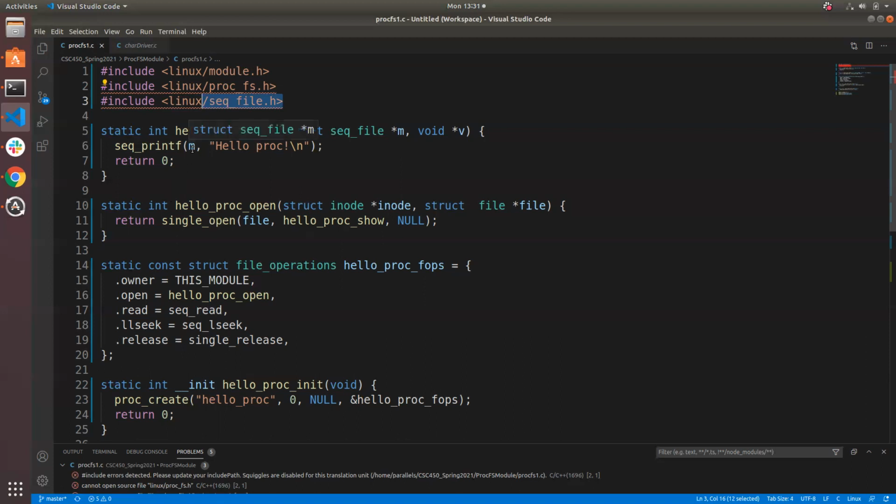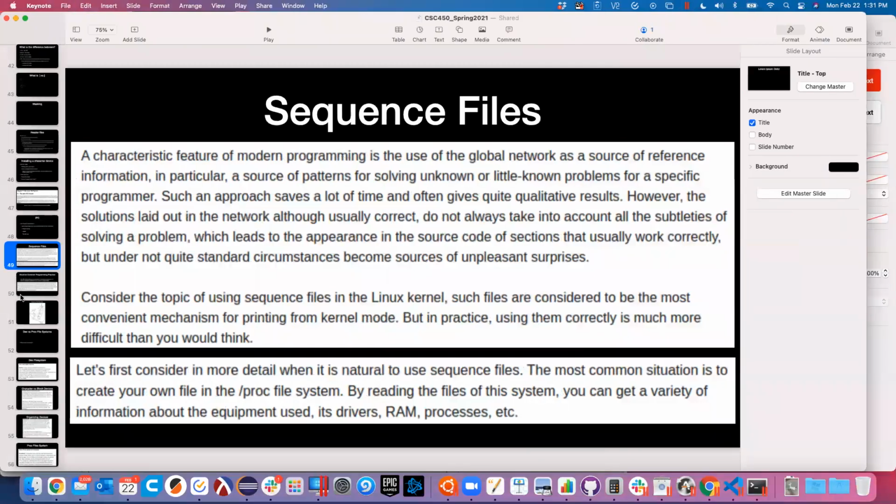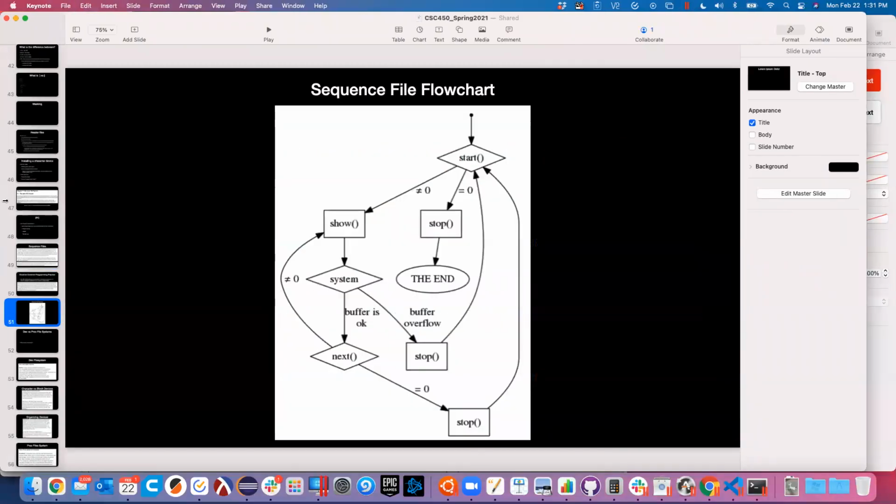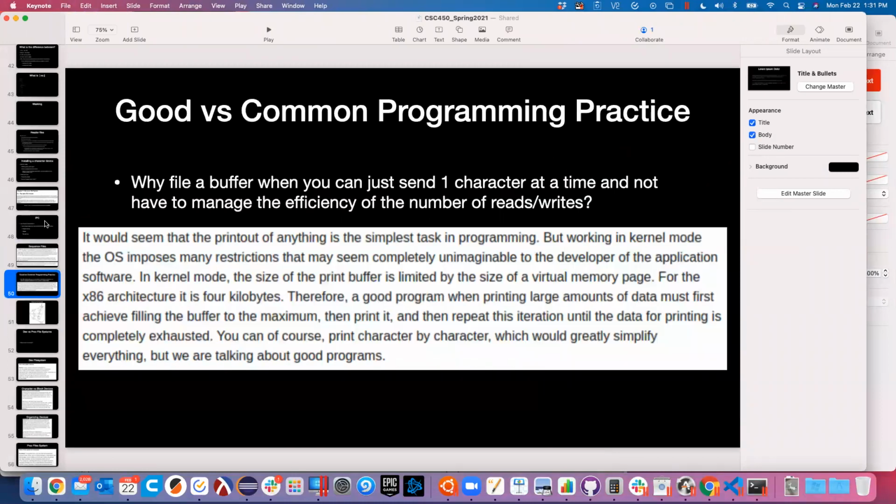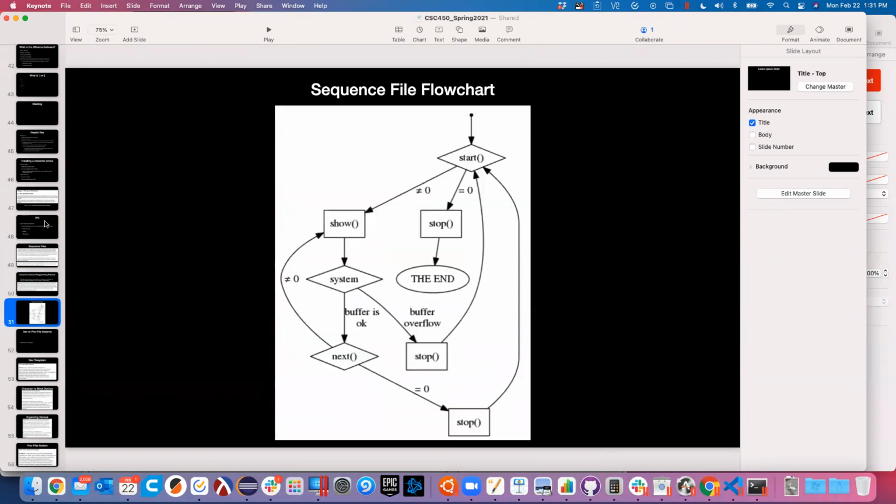All right, so before we jump into this, let me just show you a quick picture. Let me make sure I didn't skip anything here. So this is what we just talked about, the good versus common programming practice thing. So here's our sequence file flowchart when we're working with sequence files. That is when the sequence file is the resource that we are letting our proc file system